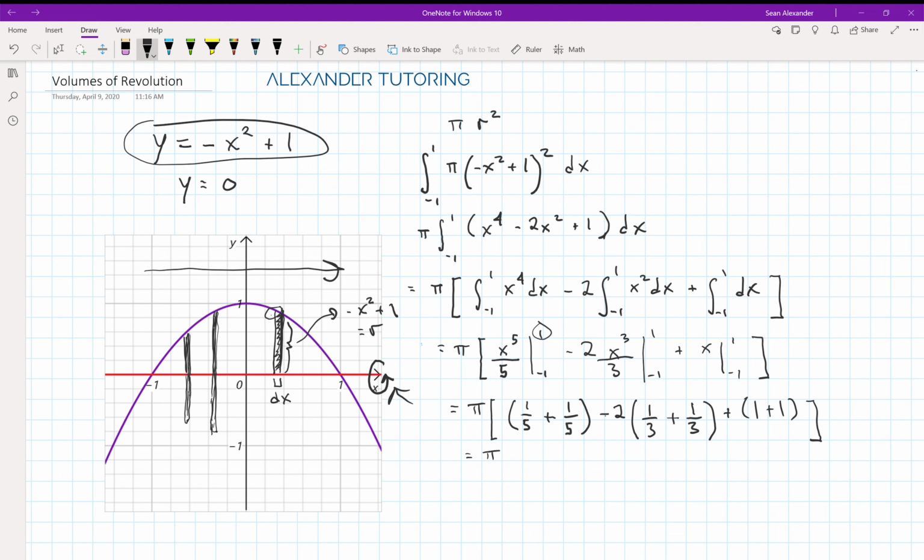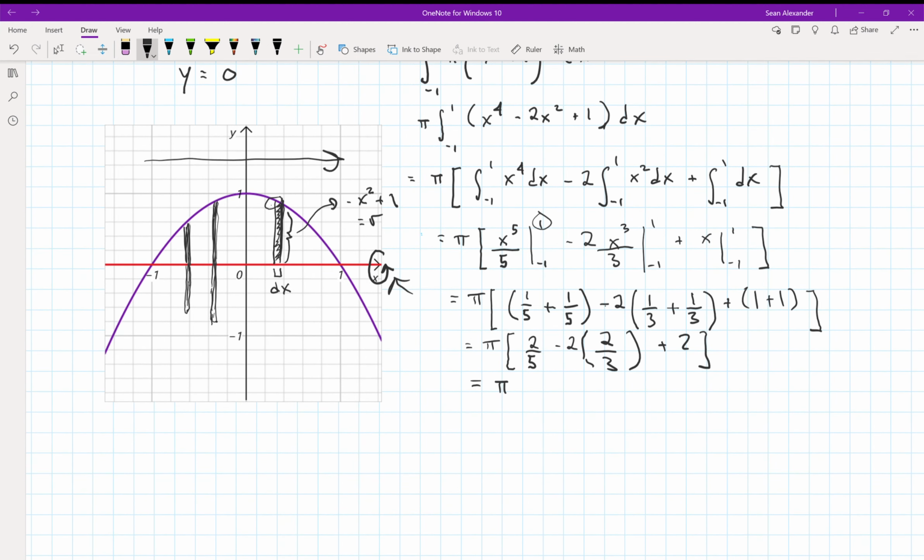We get pi times 1/5 plus 1/5 is 2/5, minus 2 times 1/3 plus 1/3, which is plus 2/3, and 1 plus 1 is 2. Okay, so we get equals pi, parentheses, 2/5 minus 4/3 plus 2. Get a common denominator, because you love fractions. So here we'll have